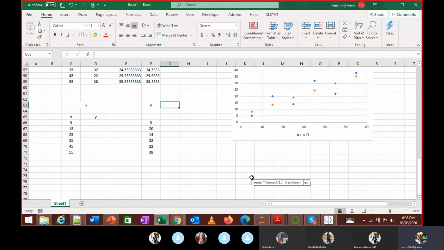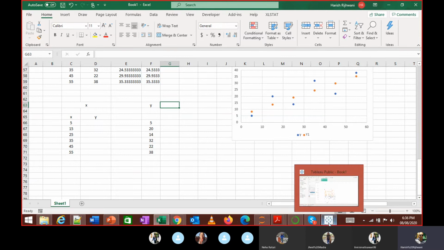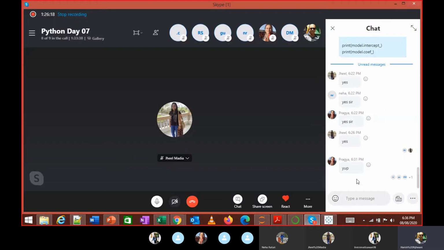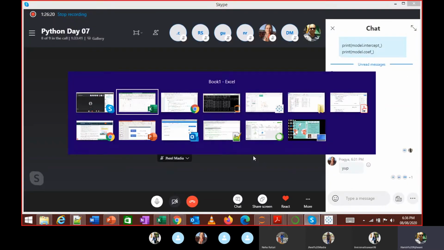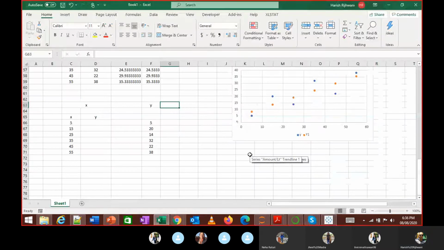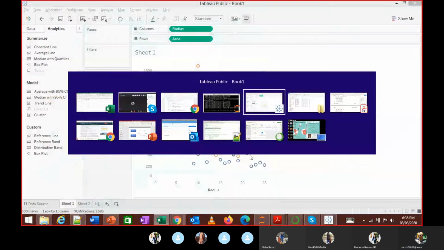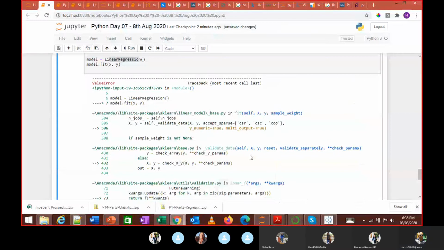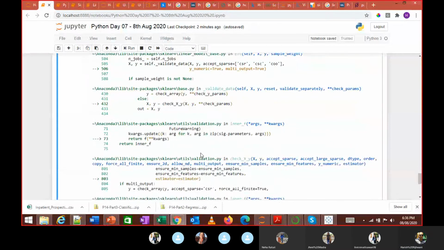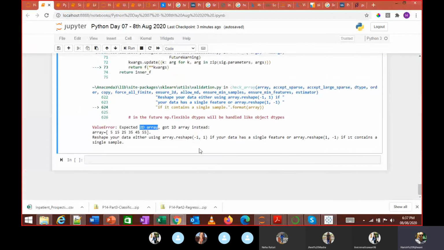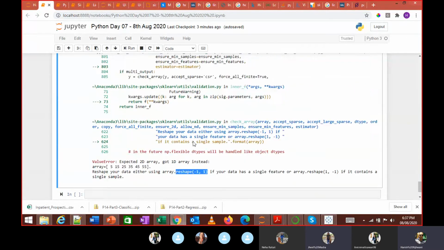It is not a function we have built, it is an inbuilt package. I am not writing the function. I am using something which is provided by sklearn. So in sklearn, the requirement is that the x column should be a 2D array. Make sense? Yes. And it's mentioned over here also that you need to use reshape.